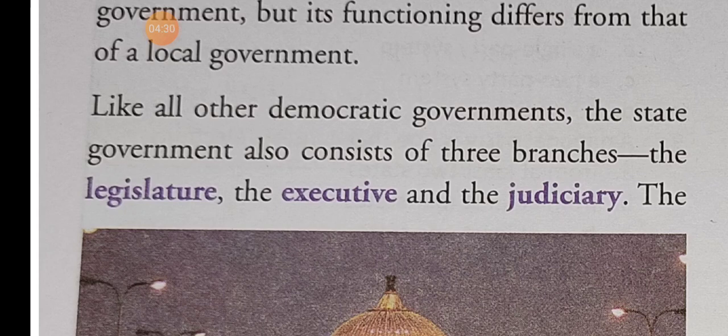I make it clear that levels are different and branches are different. Three levels of the government: central government, state government, and the local government. But the branches of the government are legislature, executive, and the judiciary. Don't confuse them. What are the three levels of the government? The central government, state government, and the local government. And what are the three branches of the state government? They are legislature, executive, and judiciary.